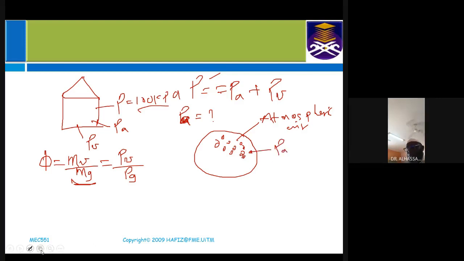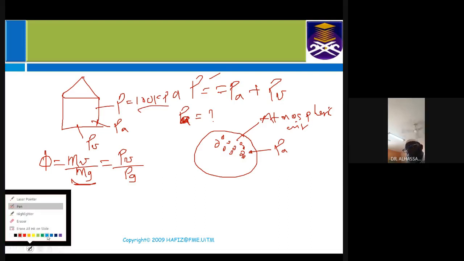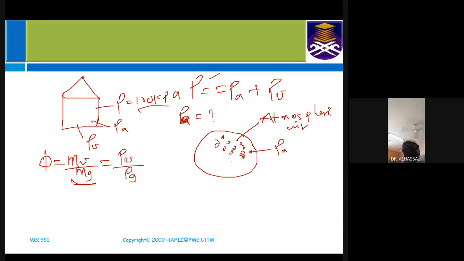Now, if the mass of the water vapor, so let's say the amount of water vapor that is present is given by MV at pressure, which is given by PV. Now, if I introduce